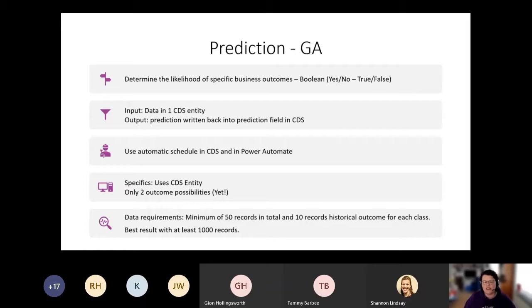but the recommendation is to use at least 1,000 records of historical data and make sure that the data that you use is without mistakes in it. So make sure that your data has a distribution on the outcomes that is realistic. For example, if we generally win like 10 or 20% of our offerings that we offer to customers. I hope we win more, but let's say that.